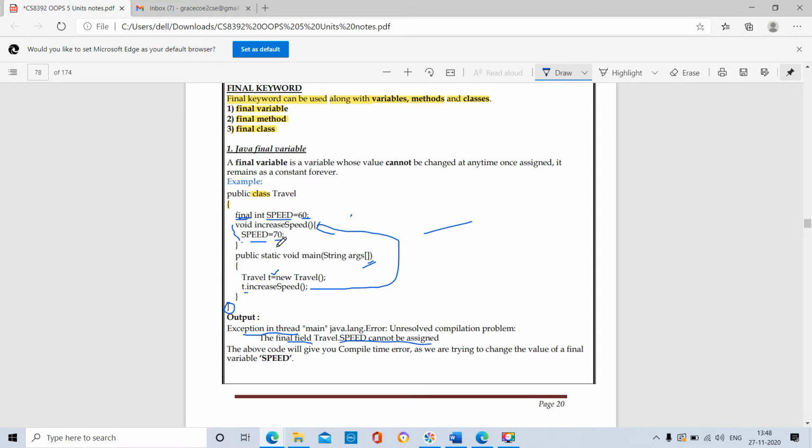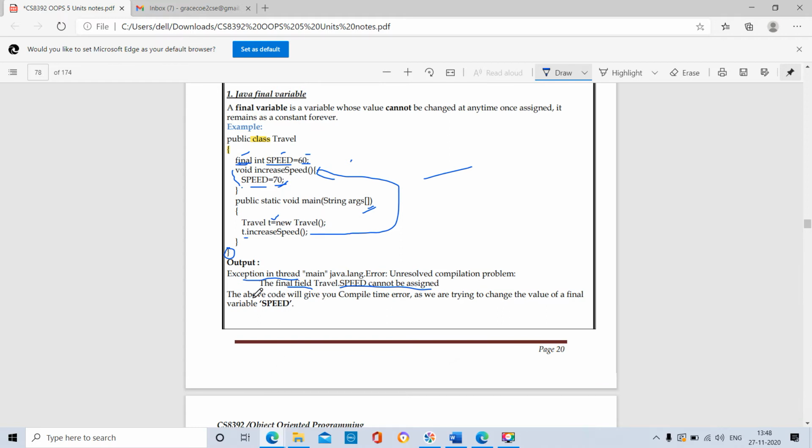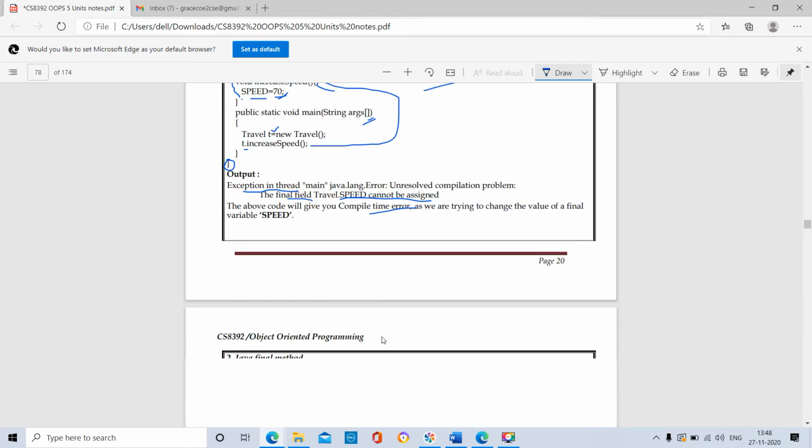We can't assign the value 70 to the variable speed because we already assigned the value 60 to speed in the form of the final keyword. So this is the final value for the speed variable, and we can't change it at any time. The above code will give a compile time error.